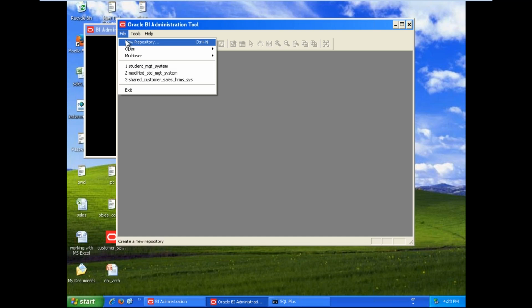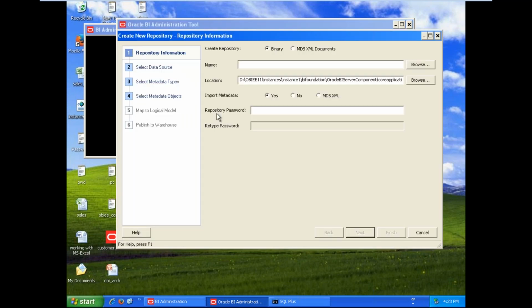Now, if you want to create a new repository, go to the File tab and click on New Repository. In the first tab, we can provide the repository information.